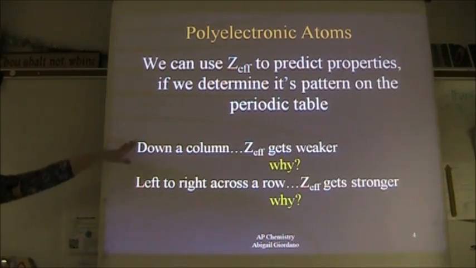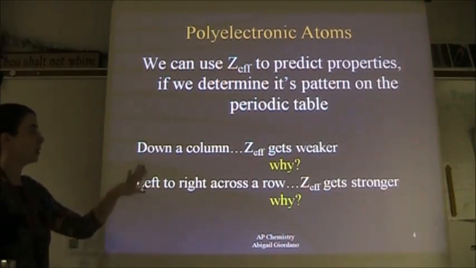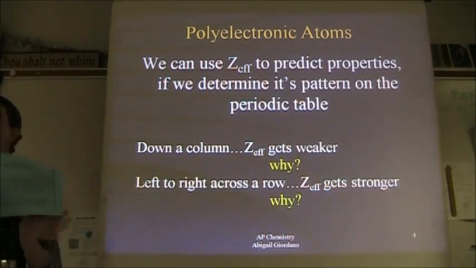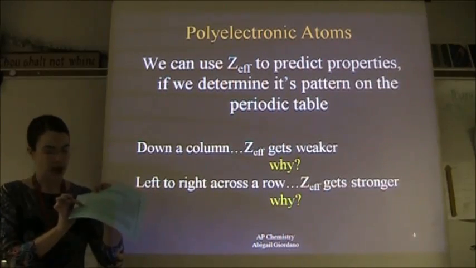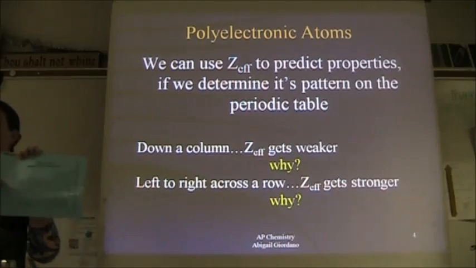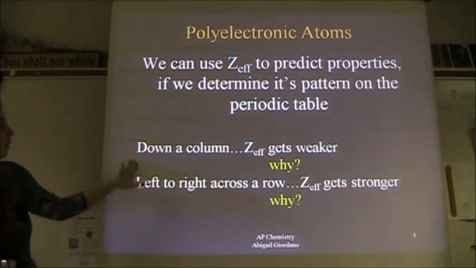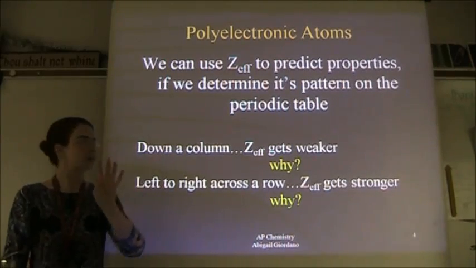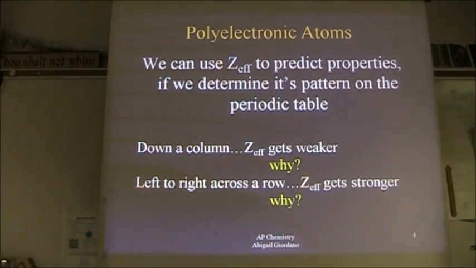All right? Let's talk about the two directions. Let's talk up and down. Let's say we are comparing the element lithium and cesium. Lithium and cesium, they're in the same group, same family. This says as we move down a column, the effective nuclear charge gets weaker. Now you guys tell me,